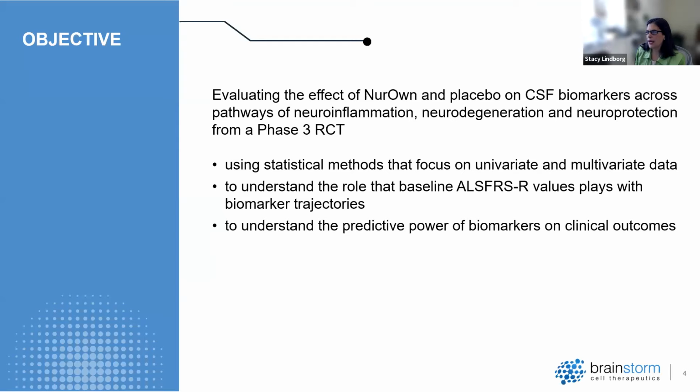And today we'll look at individual biomarkers, and we'll also look at multivariate analyses that allow us to look across biomarkers, both of which reveal large changes across biomarkers following treatment with NurOwn, while values on placebo remained unchanged. These multivariate analyses really allow us to look across multiple biomarkers and are especially important in